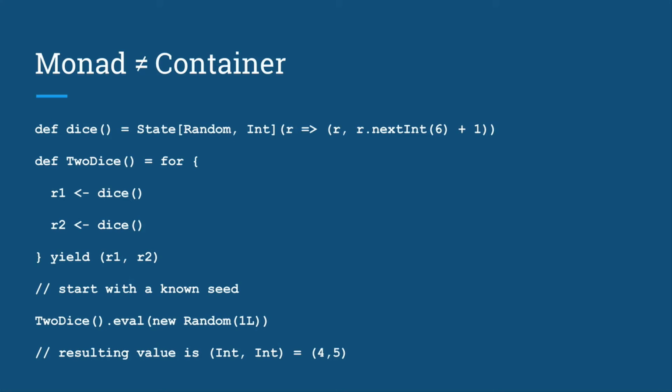The result of throwing will be a pair of integers like this or this. But it's not exactly that. It's not a container. It doesn't contain anything. You throw again and the result would be totally different. So it's just something that keeps the state but changes it on every throw.